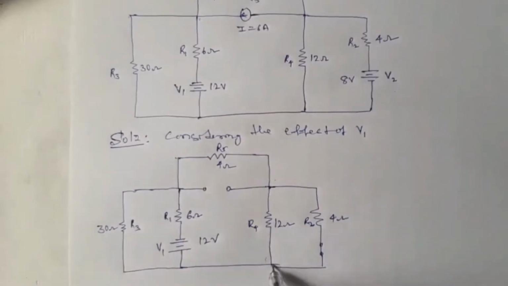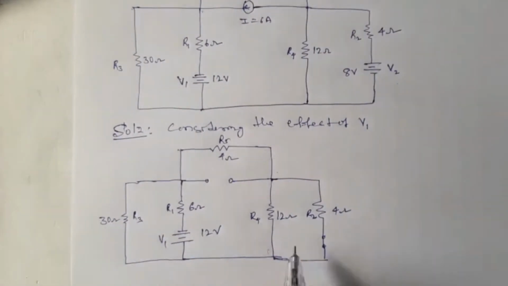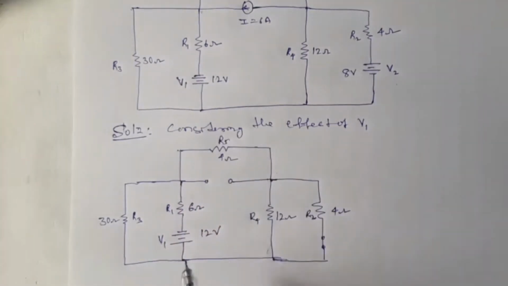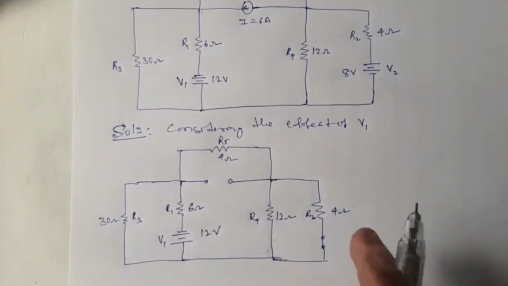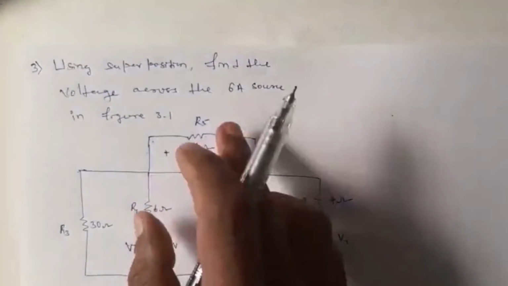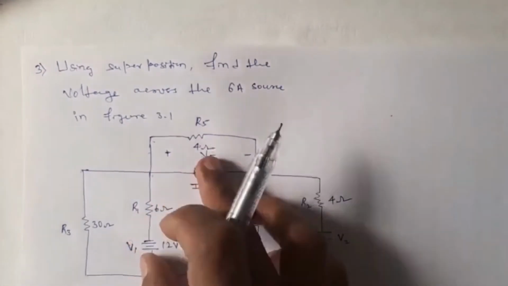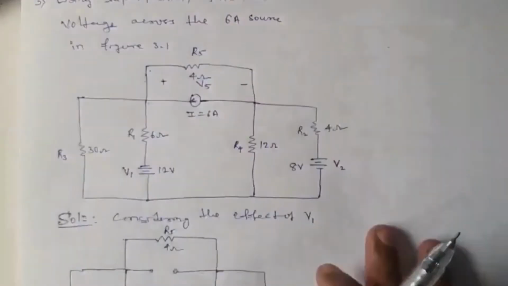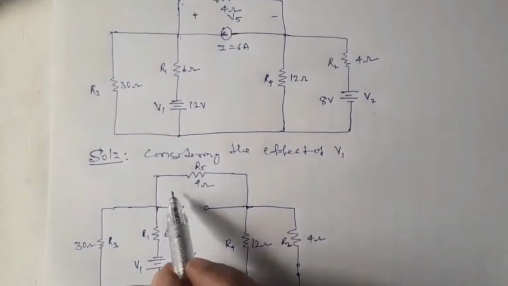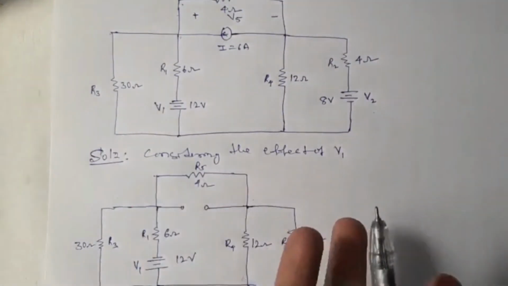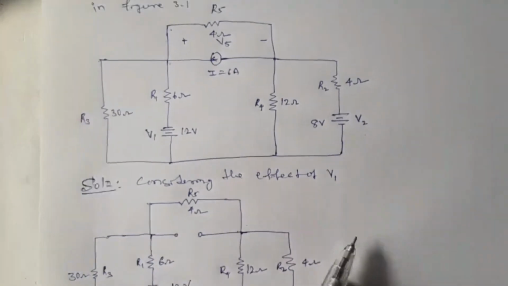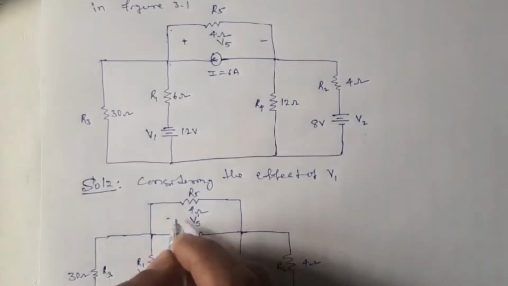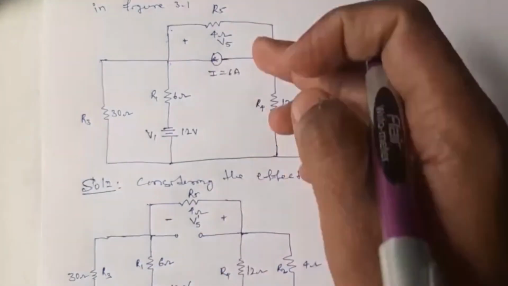So right, dear students, for this we are supposed to find the voltage across this. Here I have considered plus and minus to find V5. V5 should be found with this polarity, but here you need not. Either you can consider plus and minus or minus and plus, it doesn't make any difference. So I'll consider V5 dash as minus and plus. So either it will add or it will be subtracted.